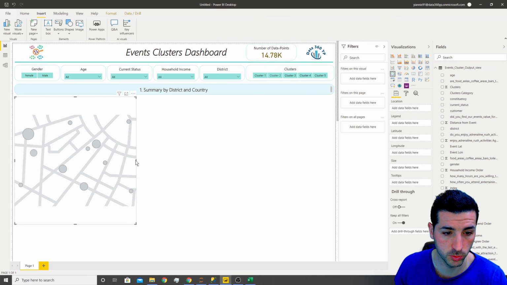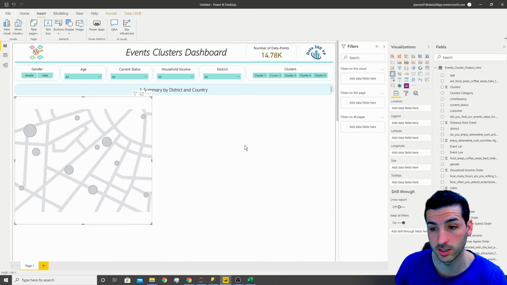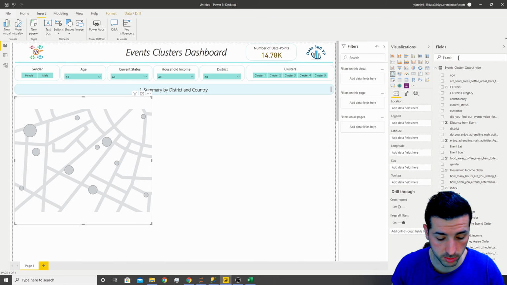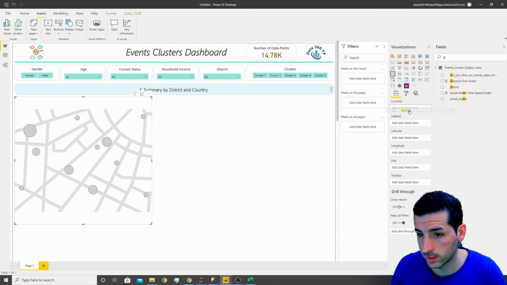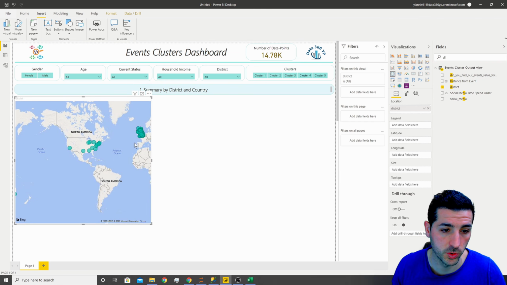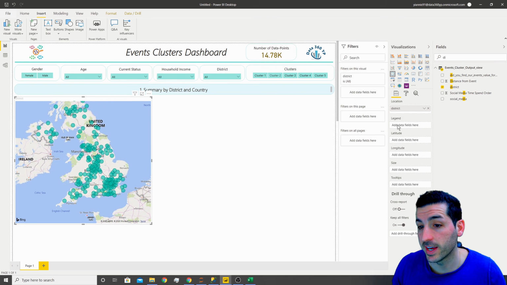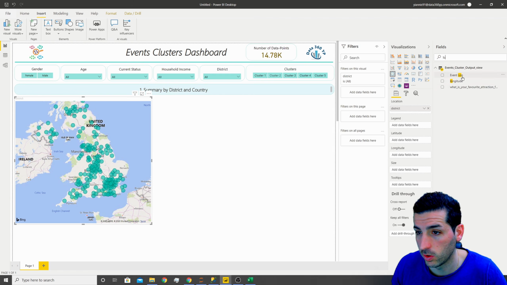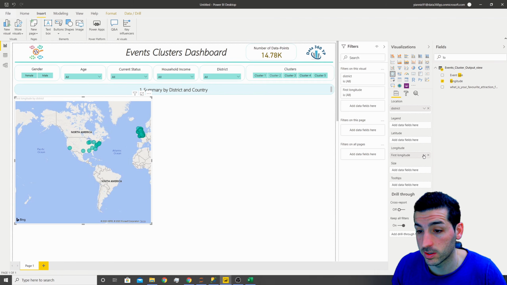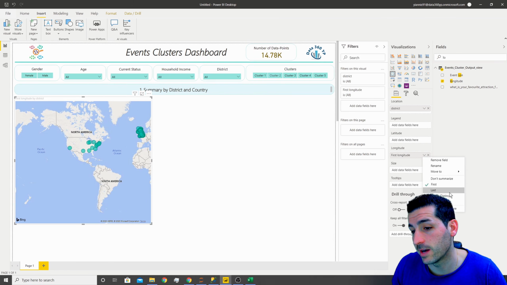The next thing we want to do is to add the district into the location. So if we search for district, we add the district over here, so you can see straight away it pointed people on the map. The next thing I want to do is to add the long and the lat, because we do have some errors there in the USA. So if I add the long, into long, straight away you can see that it doesn't have the average,